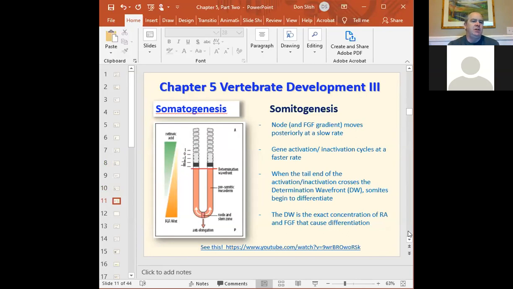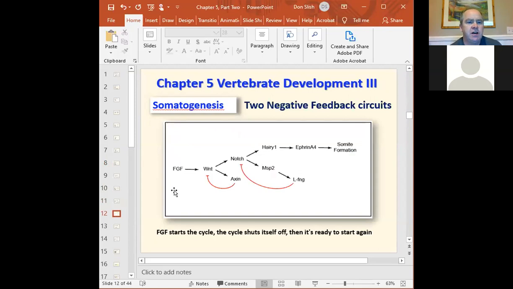So here we're talking about how many somites you actually get. This is kind of important in that it determines how many vertebrae the organism ends up with. And it's a function of both how fast the node is moving and this clock mode that's going on in the presomitic mesoderm. So the node is releasing FGF, and let me see if I can find the slide here. The node is releasing FGF. FGF induces Wnt. Wnt upregulates Notch, and then Notch upregulates Hairy, and then